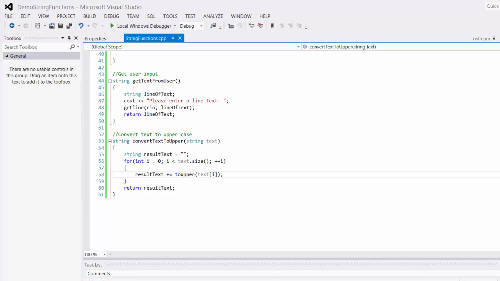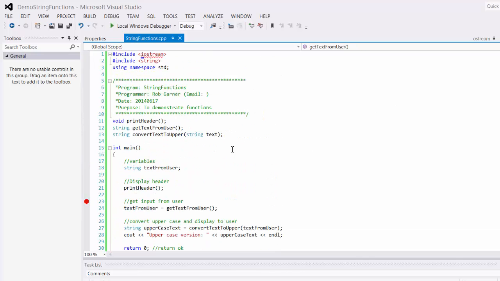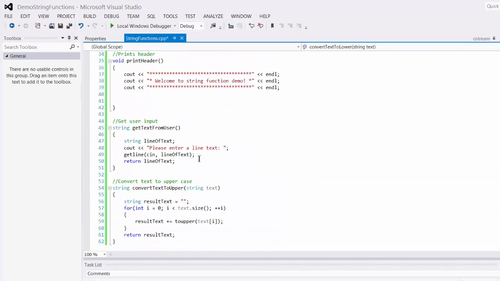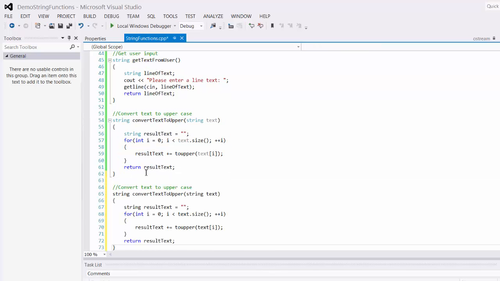Now suppose we wanted to do the same thing, but we wanted to display lowercase. Well, we would do the same kind of function, wouldn't we? We would, and we can actually do this with a lot of cut and paste. We're going to change this to lower. So I'm going to take my function prototype for convert to upper and make one called convert to lower. And I'm going to take my convert to upper function